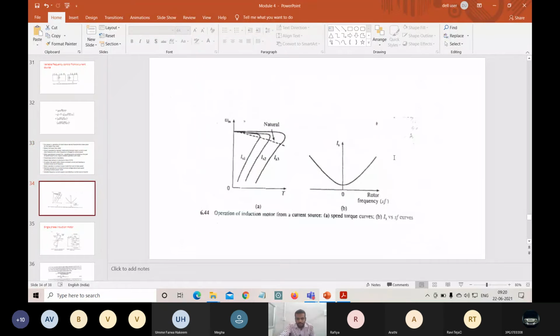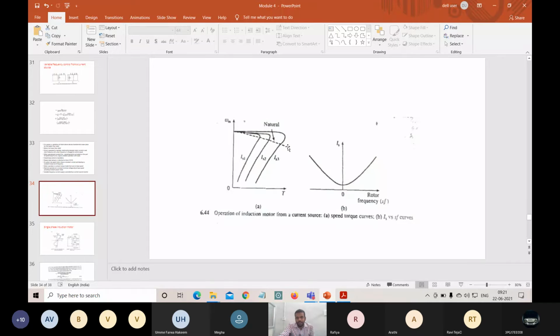and also it develops a constant torque at all frequencies. So that we can observe here. The motor draws a constant current and also develops constant torque at all frequencies. All frequencies is nothing but all speeds. The speed is directly dependent on the frequency and also torque. So what happens here? The torque that is developed is constant at maximum speed. So this is our natural characteristics.